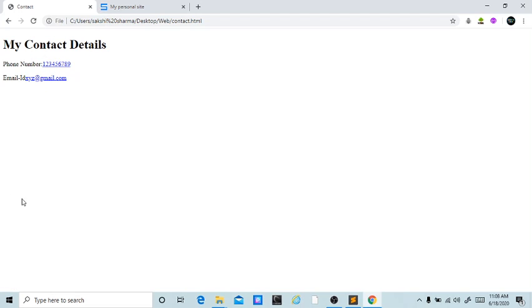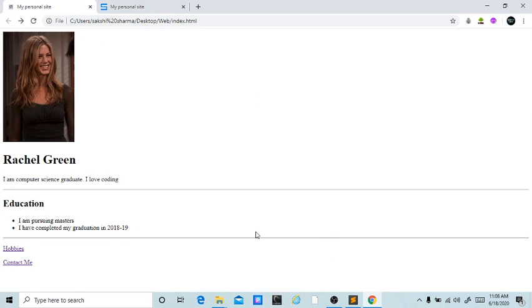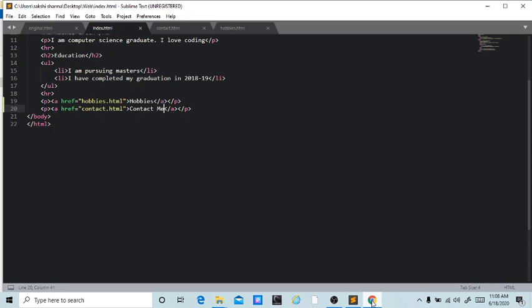Now I want to add a message area where someone can type message and I can receive that message. So let's create a message area in a contact.html page. For that we have to create a form.